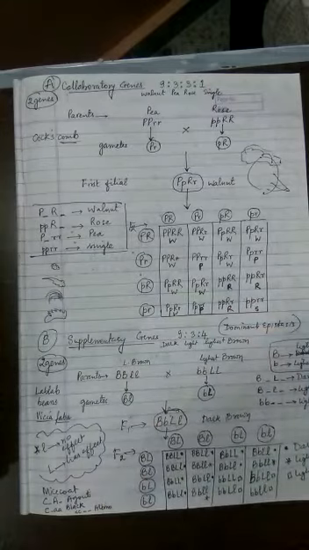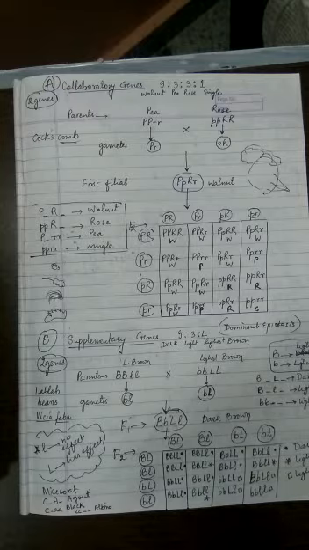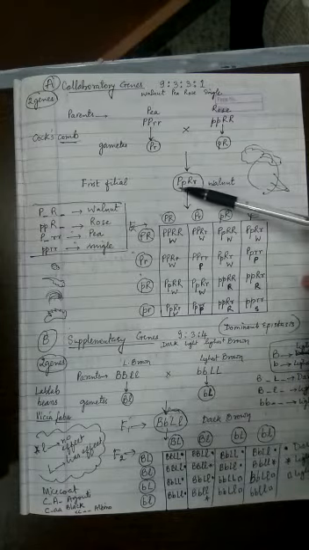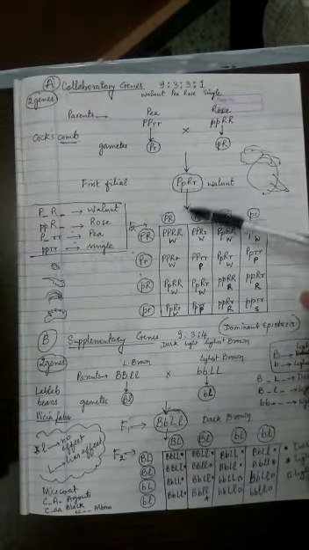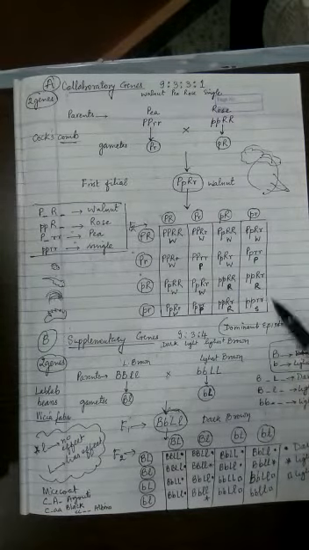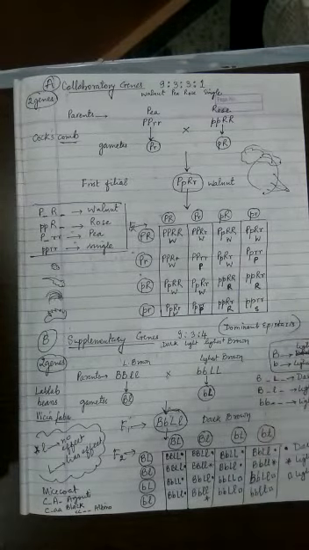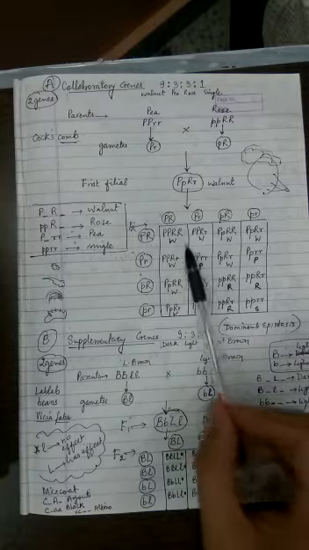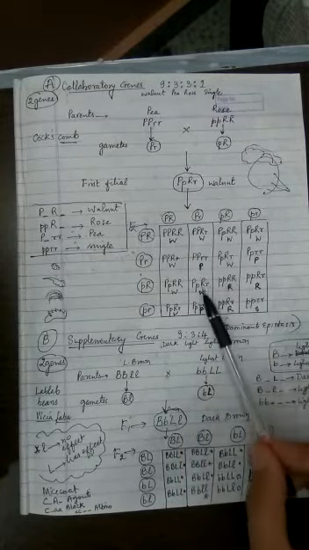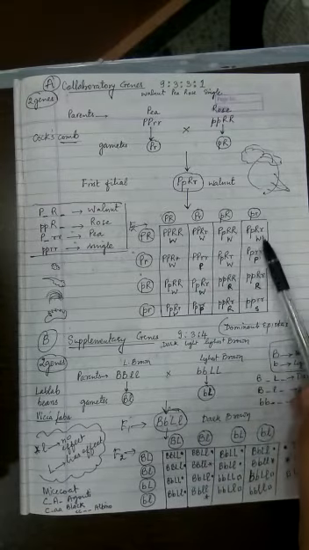Now when selfing, obviously selfing is not possible in chicken. So members of the same family are taken and crossbreeding is done. You can say inbreeding is done. Now gametes possible are of two types here. So PR, same way this side also. When you make the complete checkerboard, you will find that the answer would be what? 1, 2, 3, 4, 5, 6, 7, 8, 9.